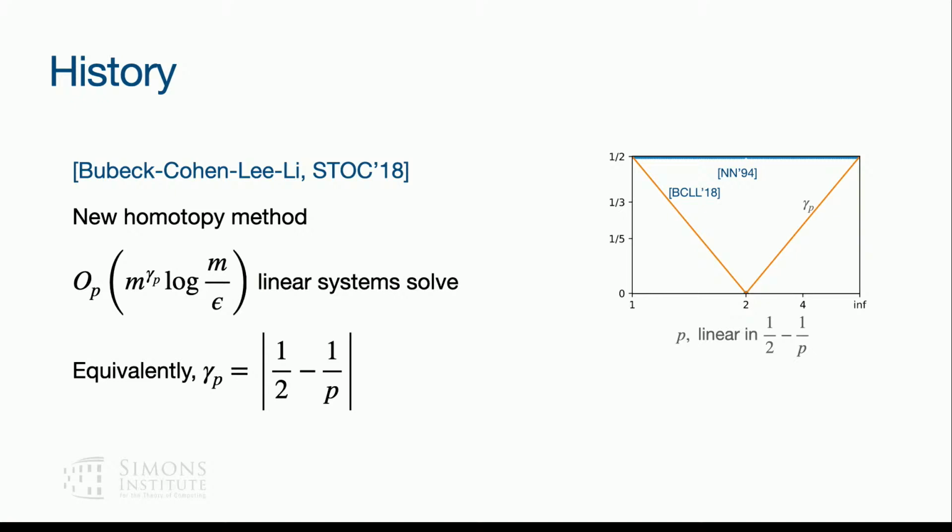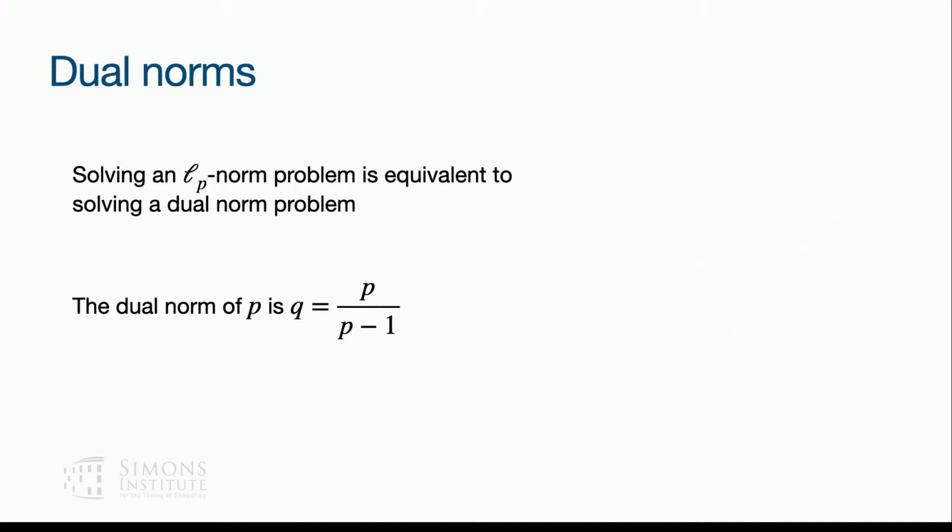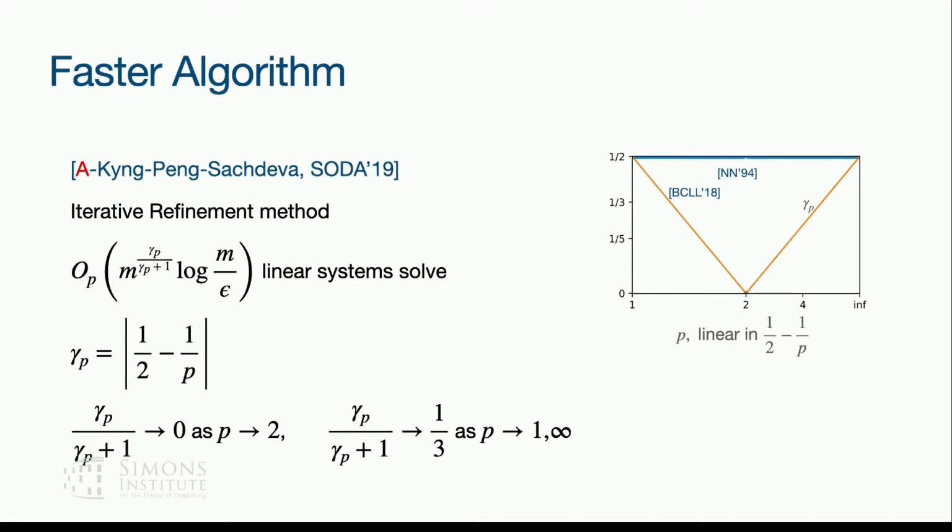And you can see that this problem is kind of symmetric around 2. So basically, the dual of p norms is just p by p minus 1 norms, and these are symmetric around 2, so you see this good symmetry around 2. Okay. So the first thing I'm going to talk about is a faster algorithm that we gave a few years